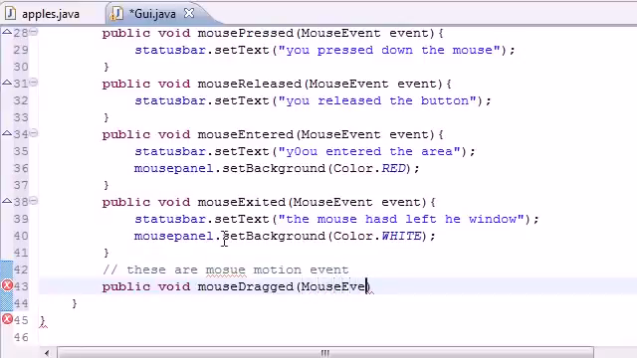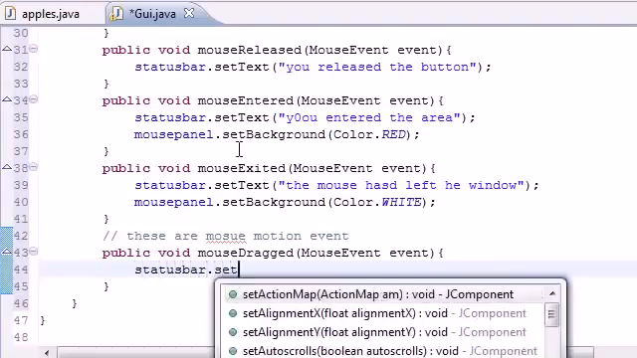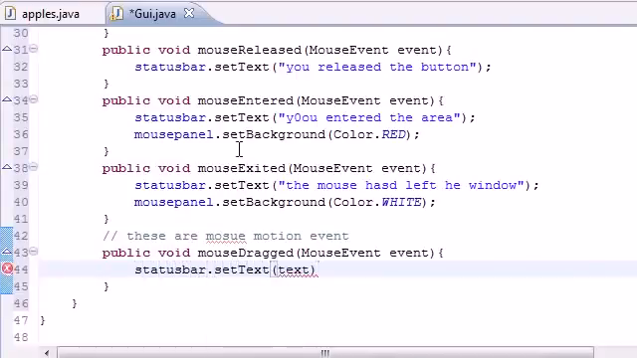So let's go ahead and put MouseEvent, nothing new here. And for the body, what do we want to do when they drag the mouse? Well, there's nothing really we can do except change the statusBar.setText, and we'll set it equal to something like,